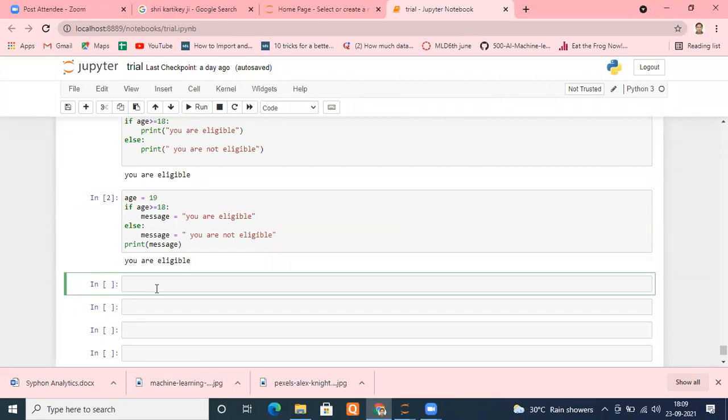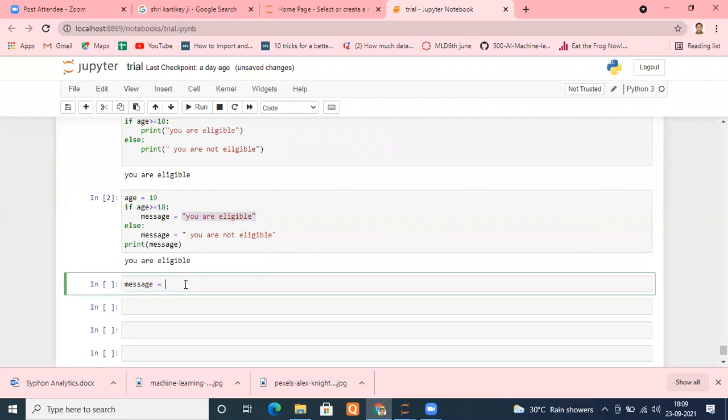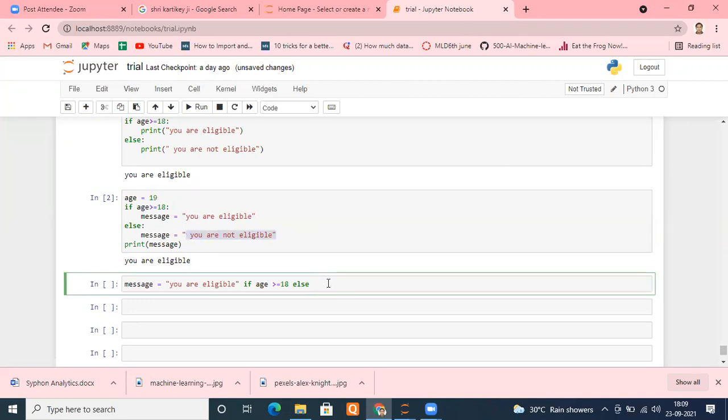So I write message equals "you are eligible" if age is greater than or equal to 18, else "you are not eligible", like this.